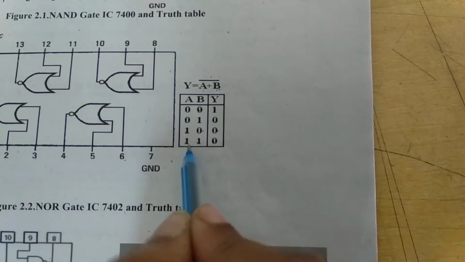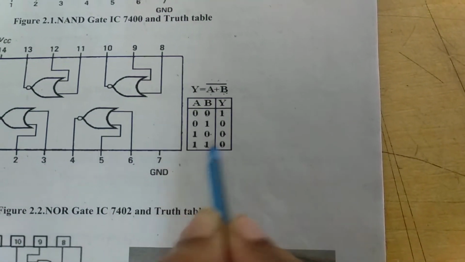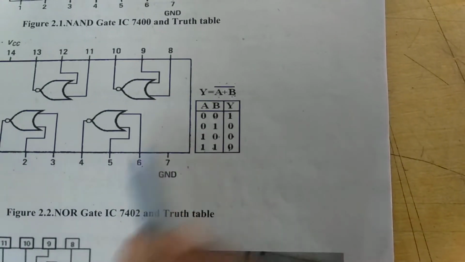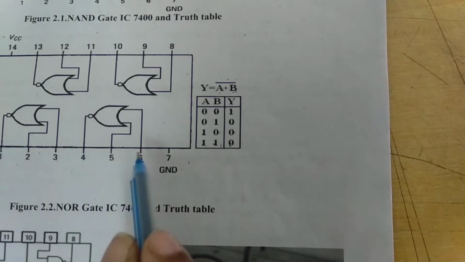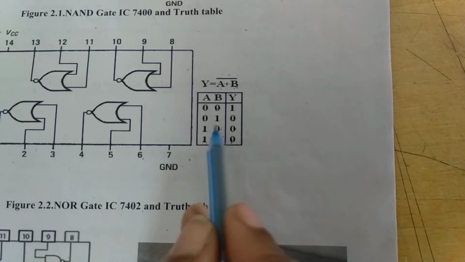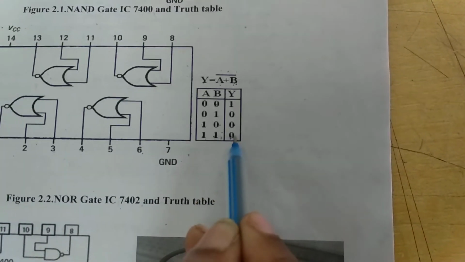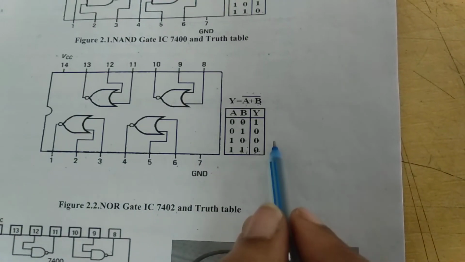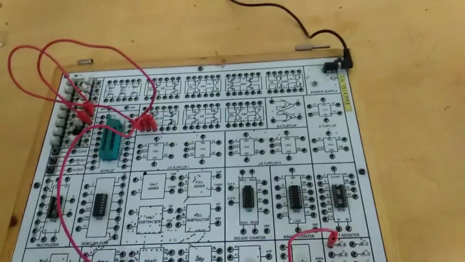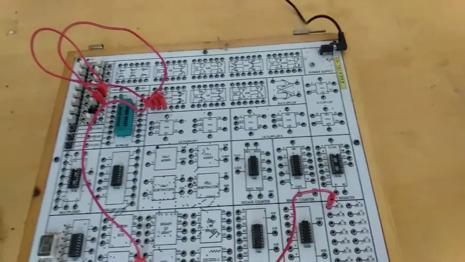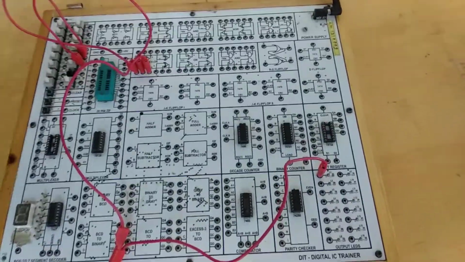So here we can say that if any one input is equal to 1, its output is equal to 0. So again it will perform exactly opposite operation to that of the OR gate. In OR gate, if any one input is 1, its output is 1. But in case of NOR gate, if any one input is 1, its output is 0. So this is the theoretical truth table for NOR gate. Now let us verify this truth table with the help of practical. For that we require IC 7400 and 7402.